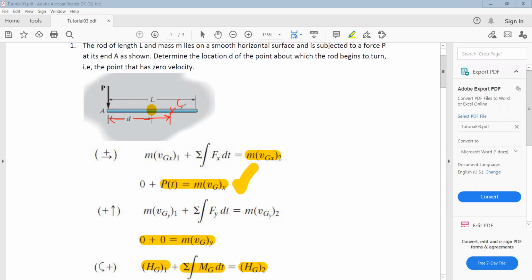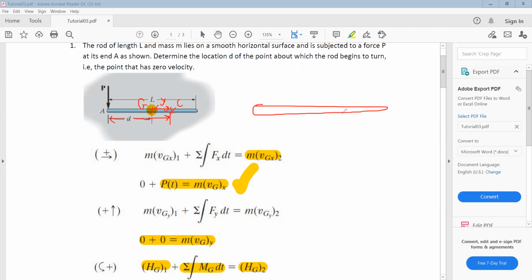So we can assume that this is point C. This point is the mass center, point G, okay? And we call this distance y. We calculate this y. When we are rotating about point C, the velocity of the point G, which is the mass center about point C, is equal to y times omega,